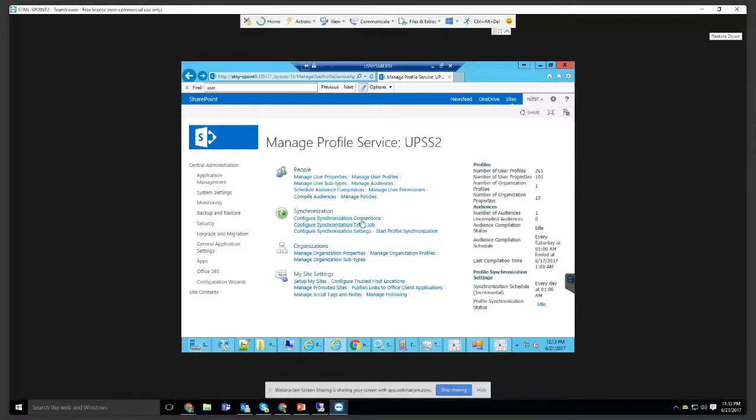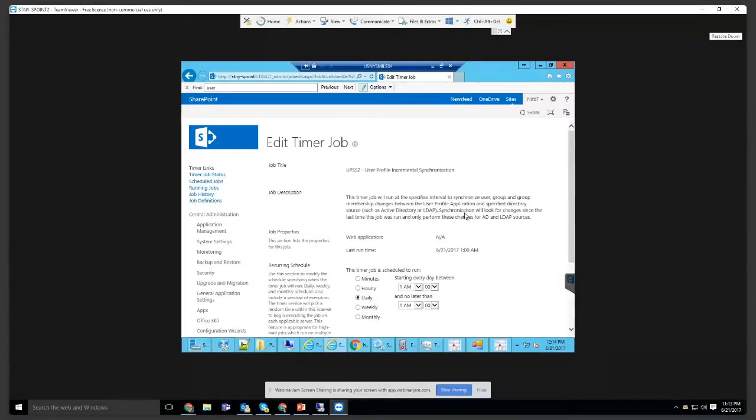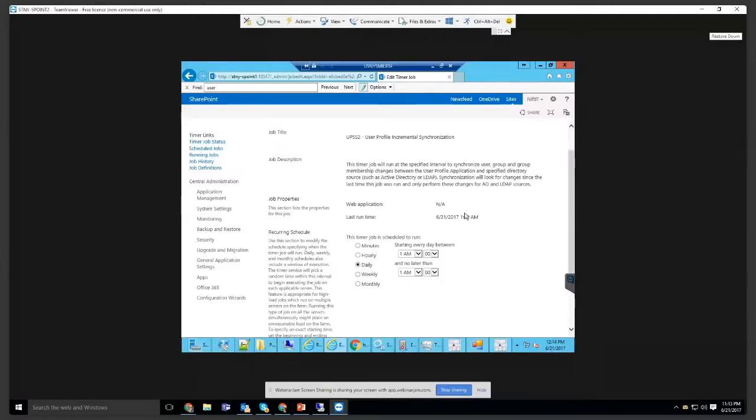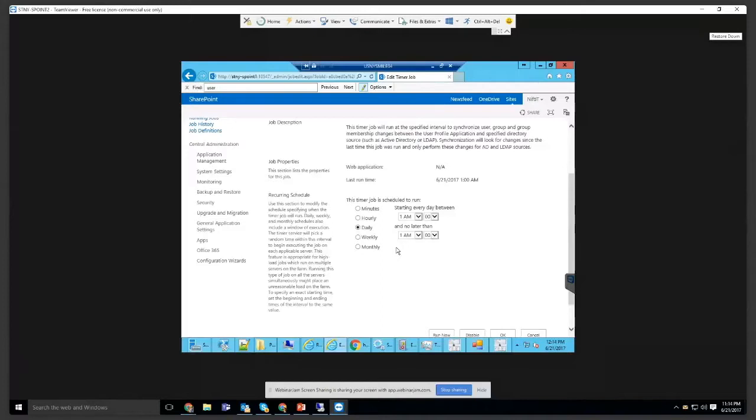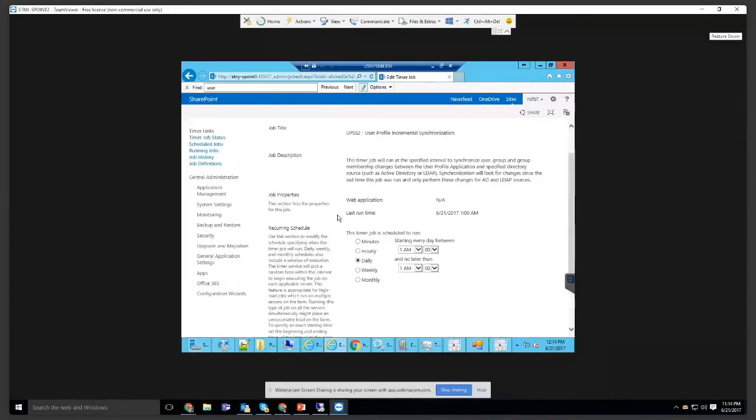But most of the time, that will be done through a timer job. And like I said, you have the option to do it incrementally, and you can set the time, so you can do it per minutes, per hour, per day, and then you can do a full every week. Now, remember, the more frequently you do it, the more resources it's going to take. So you have to balance that with the resources available on your server, as well as the business requirement imposed by the